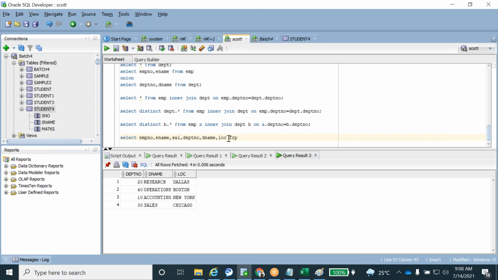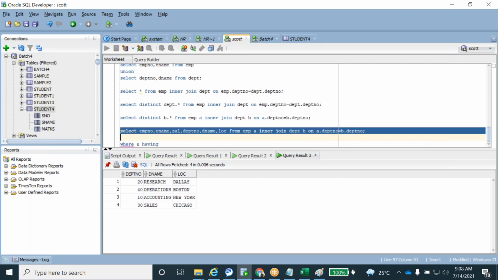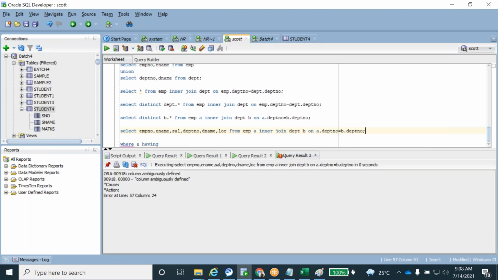From EMP A, inner join DPT B on A dot DPT number equal to B dot DPT number. Okay, if I execute this one, what happened? It threw an error. Why is it an error? You can see,